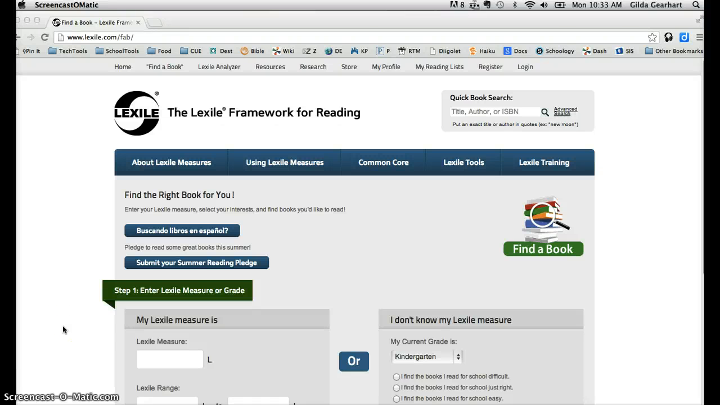Lexile.com is a great website for helping your students find books at an appropriate level. Whether or not you know your students' Lexile level, this can be a helpful website. Let's start out though in the upper right area here, assuming that we know the name of the biography